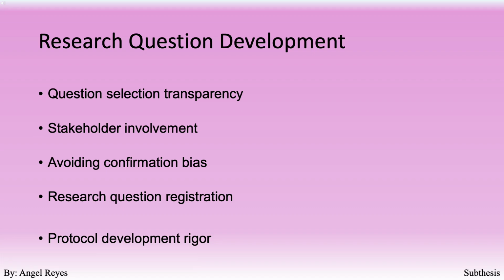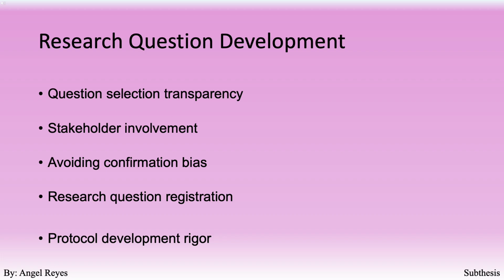Integrity begins with how research questions are selected and developed. Question selection transparency means openly acknowledging why certain questions are pursued over others, including funding priorities or researcher interests. Stakeholder involvement ensures that research questions reflect priorities of those who will be affected by or use the findings, not just academic curiosity. Avoiding confirmation bias requires formulating questions that can genuinely test hypotheses rather than simply seeking evidence for